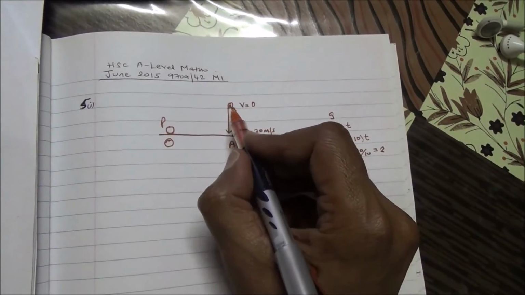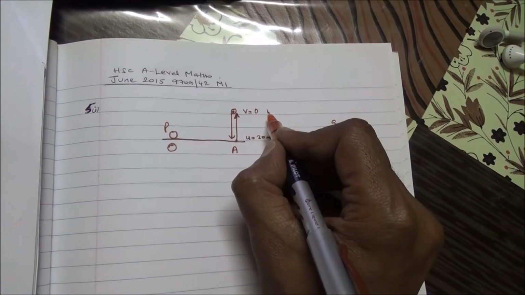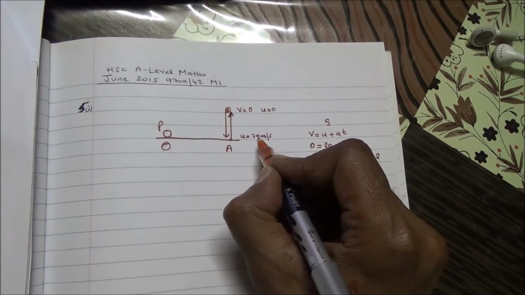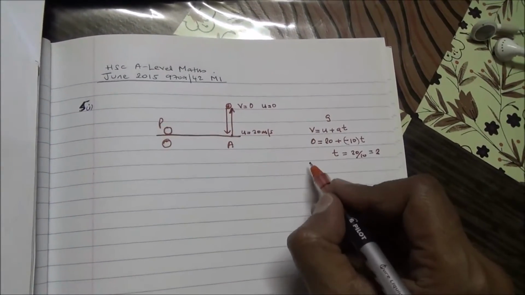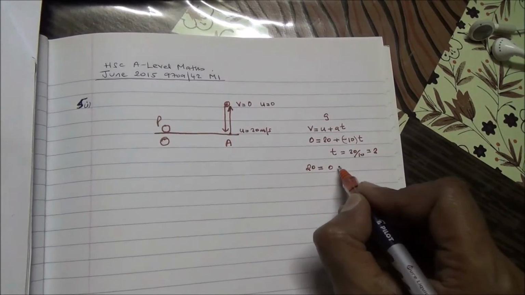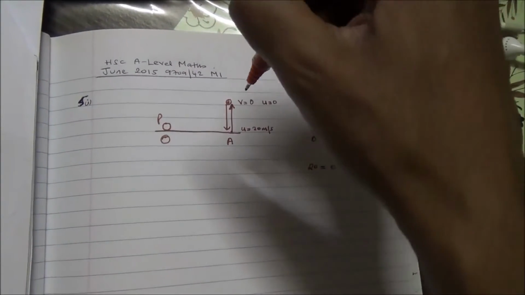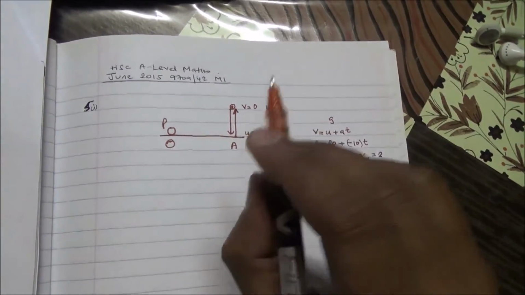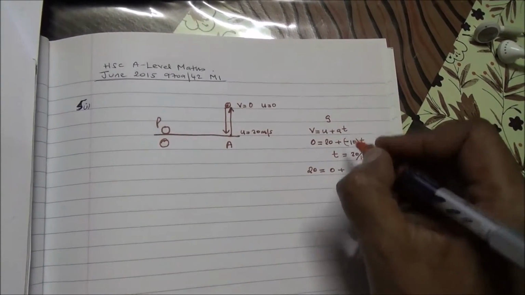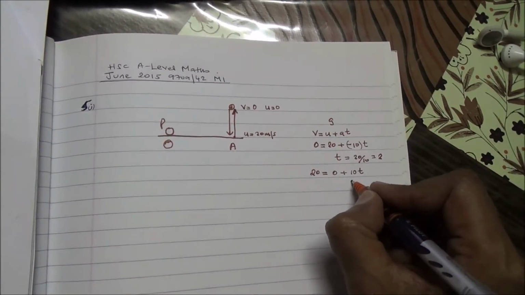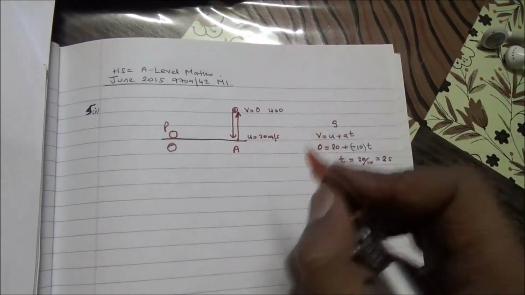Now, the same story goes for the object coming down. The initial speed u is now 0. The final speed is 20. It hits the ground with 20 meters per second. So we're going to say then 20 is equal to 0 plus at. This time the acceleration is positive because the object is coming down. It's not being pulled down as it goes up, it's coming down. So the acceleration will be positive due to the force of gravity. Therefore it's going to be 10t. In other words, we're saying that t is equal to 2 seconds. So it takes the object 2 seconds to go up and 2 seconds to come down. The total time